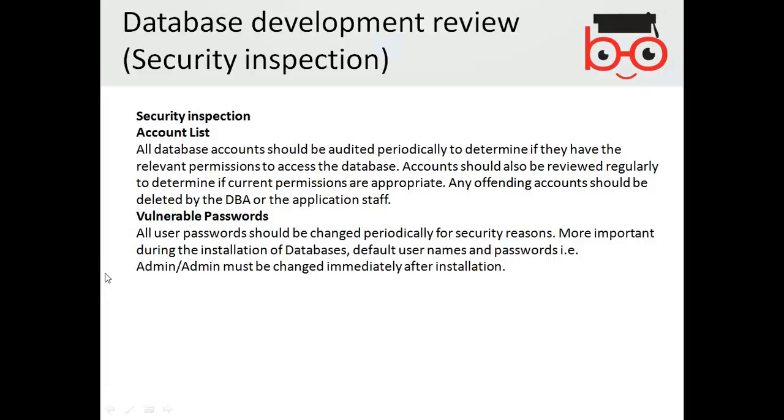Vulnerable passwords. All user passwords should be changed periodically for security reasons. More important, during the installation of the databases, default usernames and passwords, i.e. admin, must be changed immediately after the installation. So for example, if you are using any sensitive website, you must have seen the options.